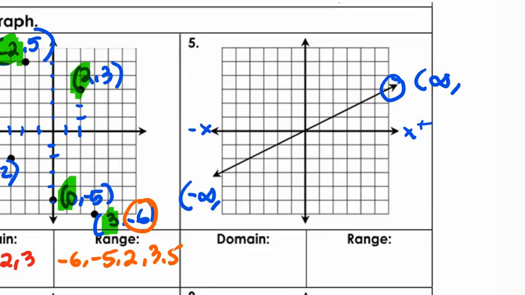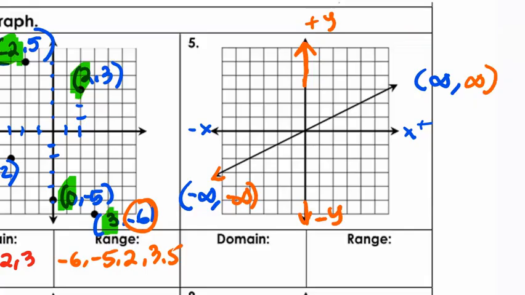Okay, now let's look at the Y, the value of range. So going up is a positive Y, and going down is a negative Y. Looking at this point here, the graph is heading up. So the next number here is also an infinity. Infinity means continuous, okay? There's no stop. This arrow tells you it's continuous. Now look at the bottom here. Same thing, it's continuous. That arrow tells you it's continuous, but it's going down. Negative infinity.